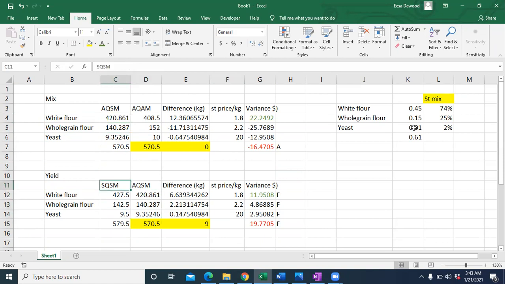And what else I did? I just applied this formula. Standard kg per unit into actual units 950 was mentioned in the question, and I didn't do anything else. I was good with it, and the rest of the formulas are already there. And now I get a yield, and now I know the reason because I've saved this cost here, this cost here, this cost here. So the net impact is 19.77 saving, cost saving.